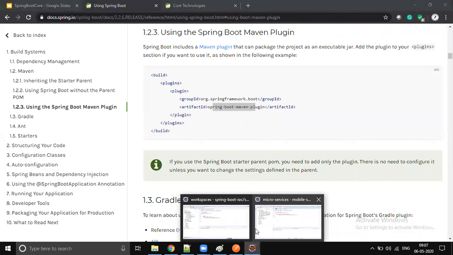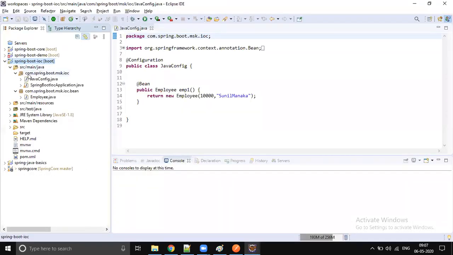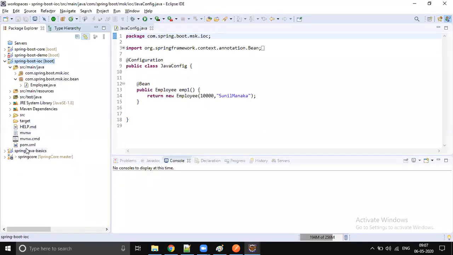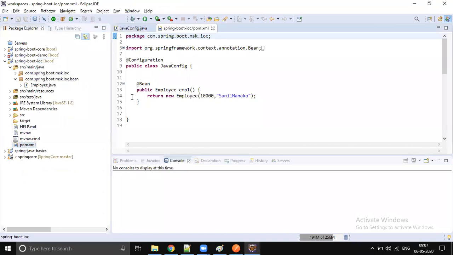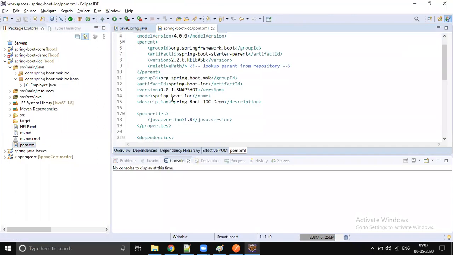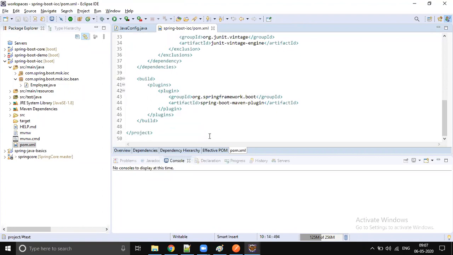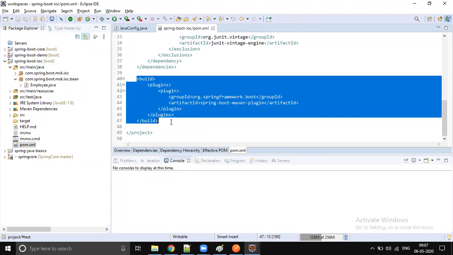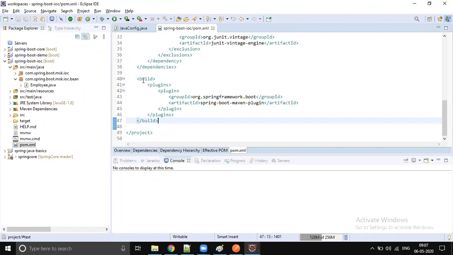But I have a doubt, actually, because we are already inheriting the Spring Boot parent. When a Maven plugin is required for all Spring Boot applications, why can't the Maven parent add it? Why do we need to add it explicitly? Why should I remember all these things, and why should I add it? Every Spring Boot application will have this.